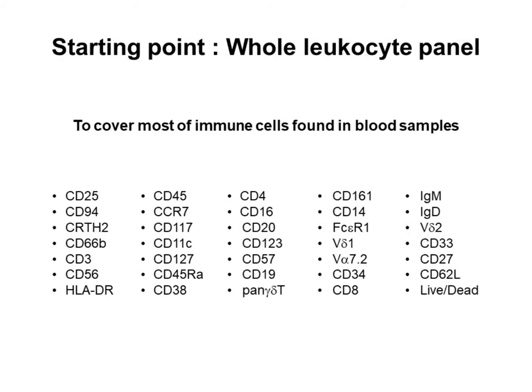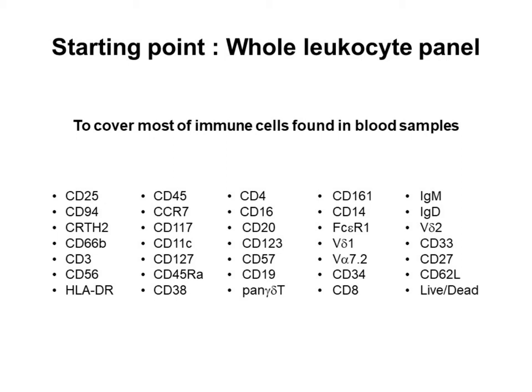So now that we have a plan and we know how we can improve the design and better understand the signal we can detect from the flow machine, we have started designing a panel according to our need. The starting point for designing this panel, we call the whole leukocyte panel,